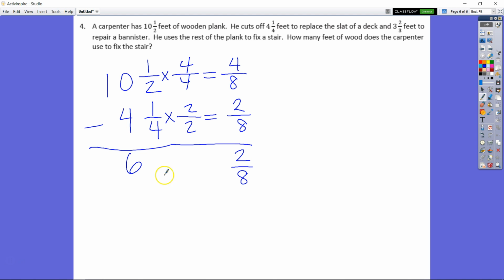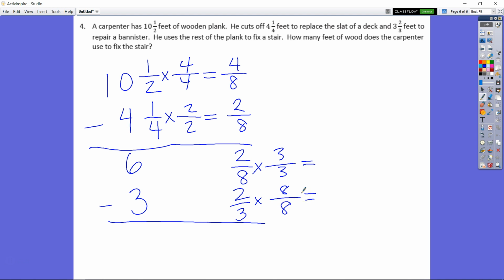Now we're going to take that 6 2/8 and subtract another 3 2/3. So now we say, well, this is the second cut that he made. He's cut off 3 2/3 of a foot. 6 16/24. So now this is where we have to say, okay, well, this 6 is going to become 5. The one that we regroup is going to become 24 24ths to give us 30 24ths. Now I know the difference here would be